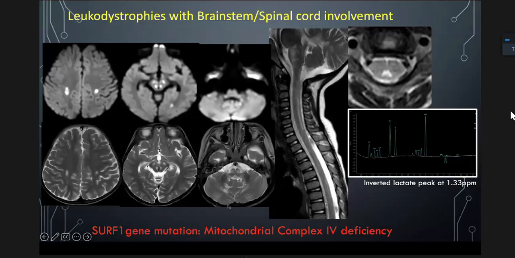Usually, Leigh's disease is a prototype or phenotype of mitochondrial disease, but that will involve the gray matter or the deep gray nuclei. But when it comes to leukodystrophies, mitochondrial diseases can have only white matter involvement, like I showed in the previous case, complex 1 deficiency. Here we have complex 4 deficiency, where only the white matter is involved,